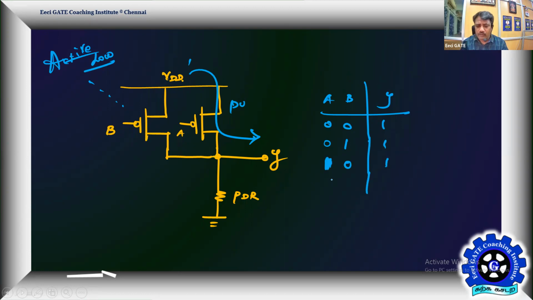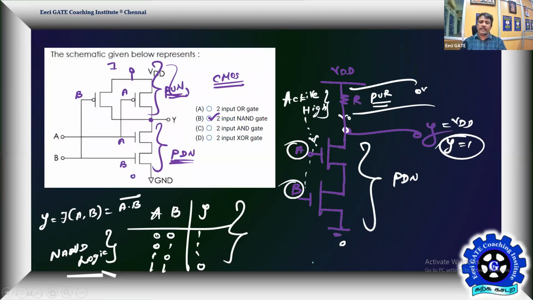Then when both inputs are 1, 1, both the PMOSs are in off condition. When both the PMOSs are off, VDD cannot be connected to Y. So here we have a complete open, and R alone is connected to Y. That means no current, and therefore Y is going to sense open circuit ground. So that's a logic 0. Yes, it is also going to implement the same table. Okay, that's a learning.